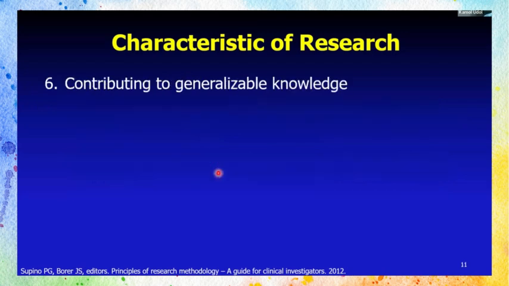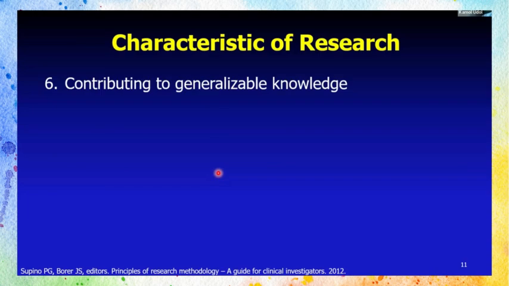The last characteristic of research is that it must contribute to generalizable knowledge. This is very important, and it will help you differentiate activities that may not be clear to you, whether it's a research project or not. For example, if you have a quality improvement project,